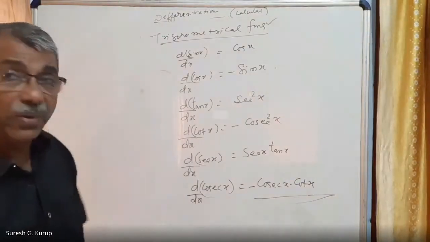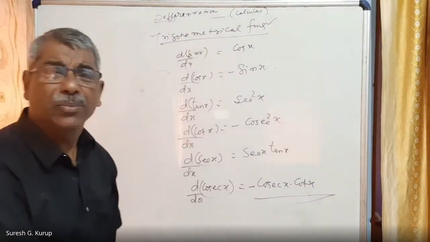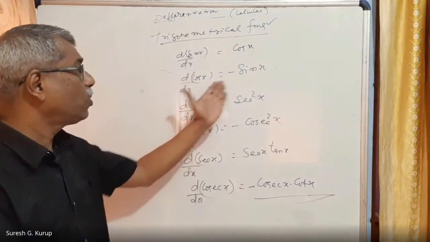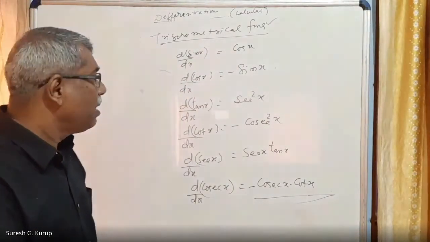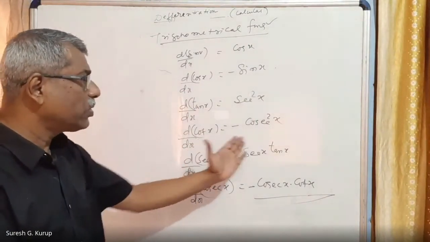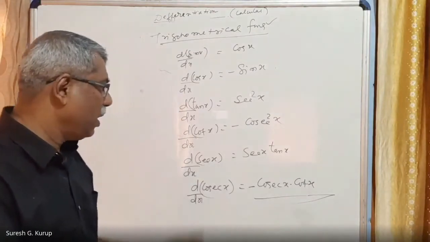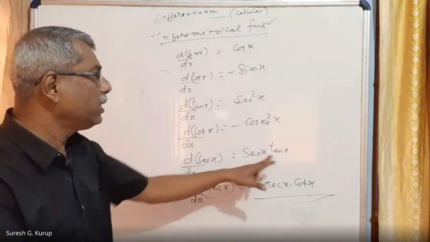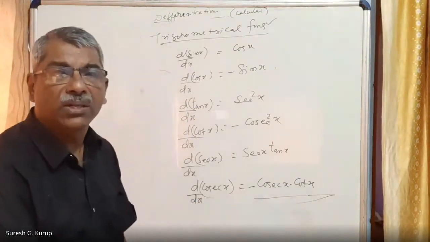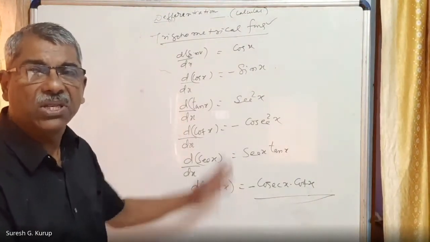All these rules you have to write. This is very, very important. d by dx of sin x is equal to cos x. d by dx of cos x is equal to minus sin x. d by dx of tan x is secant square x. d by dx of cot x is equal to minus cosecant square x. d by dx of sec x is equal to secant x tan x. And d by dx of cosecant x is equal to minus cosecant x cot x. So these are the rules